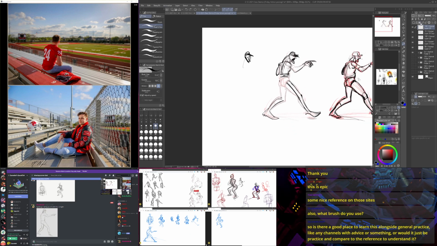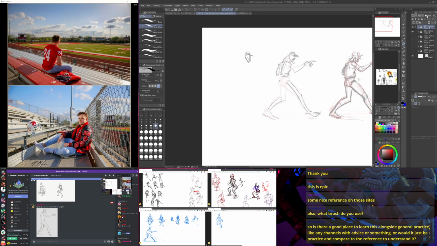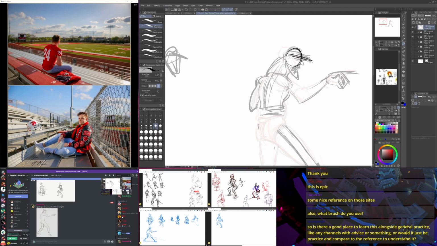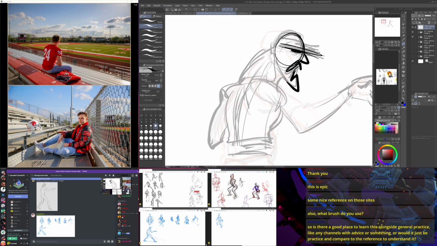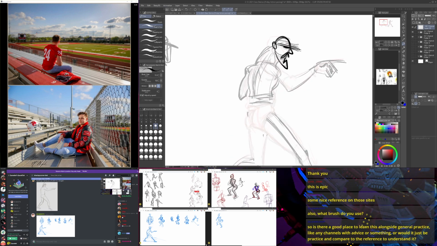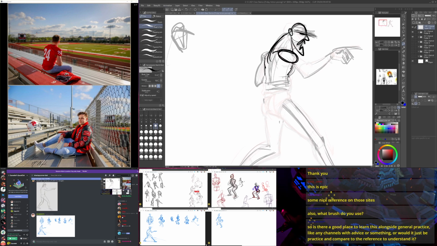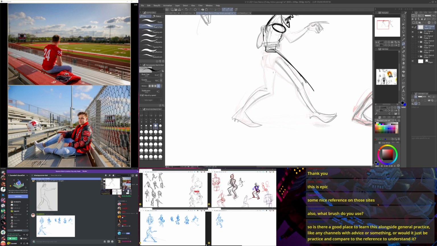Maybe I should do something really wild. Let me try this. Little tiny body up here. Little tiny pelvis. And his legs are just massive.